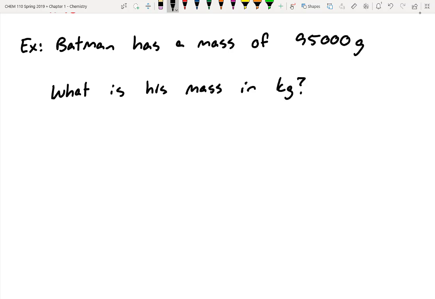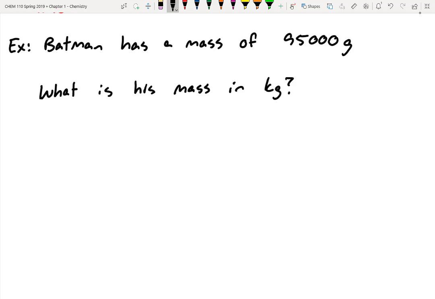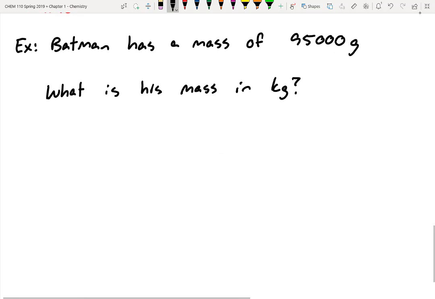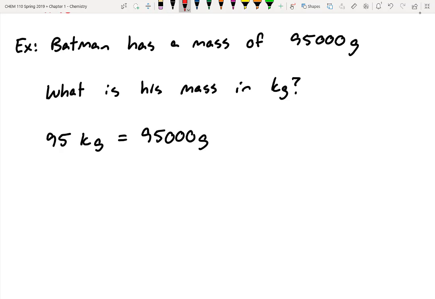What do you think? 95. Yeah, it'd be 95, right? So if we think about this, we can just remove 3 of those zeros and we could say, all right, 95 kilograms is equal to 95,000 grams. And we know this is true because this kilo unit is the same as multiplying by 1,000. All right? My second question before we head home is,